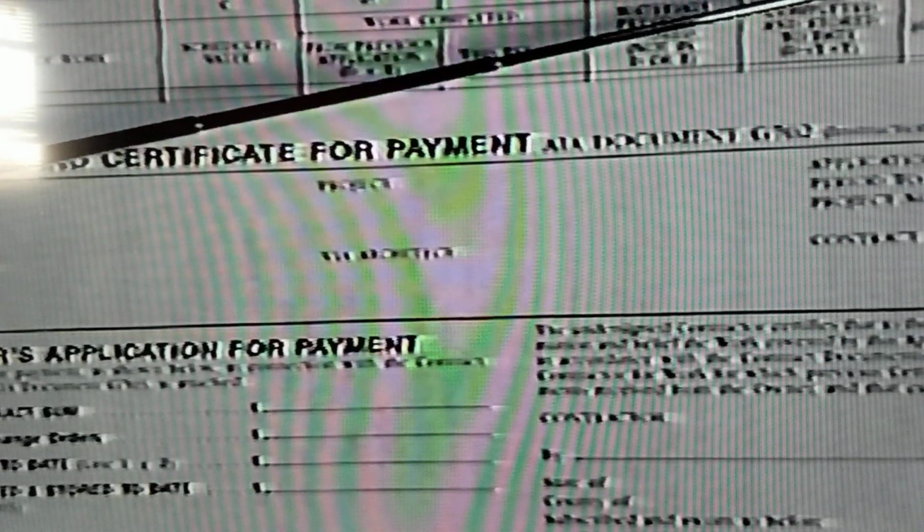H is indicating the balance to finish, and that would be simply C, the scheduled value, minus G, the value of everything in place, and I would be tallying and recording the retainages as we go along. Once we have filled out all of these different columns and tallied them to the bottom, we're going to take the information from the columns, and now we're going to go through our payment cycle, our calculation of payment